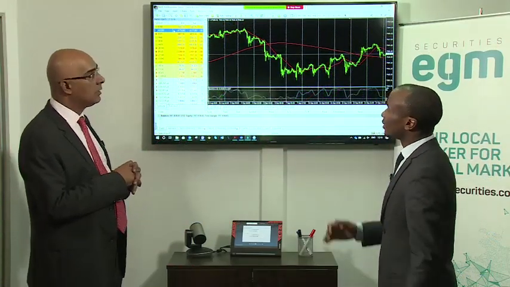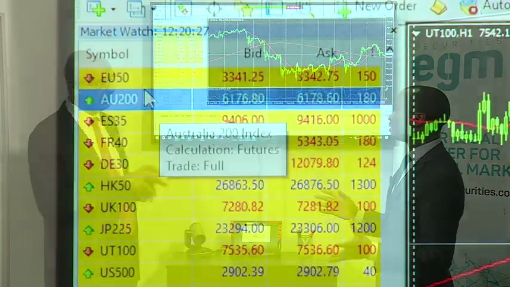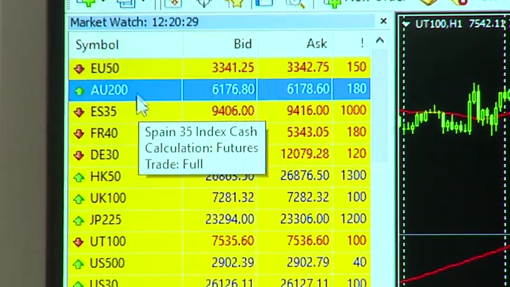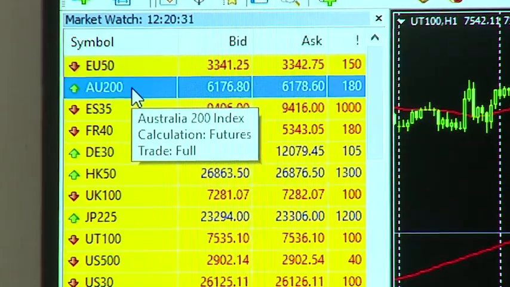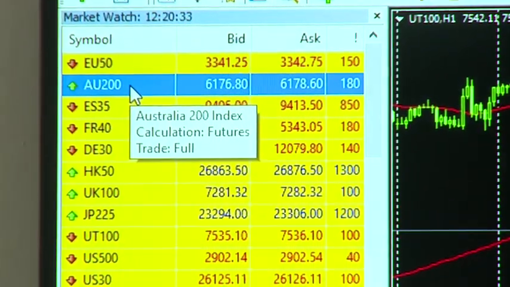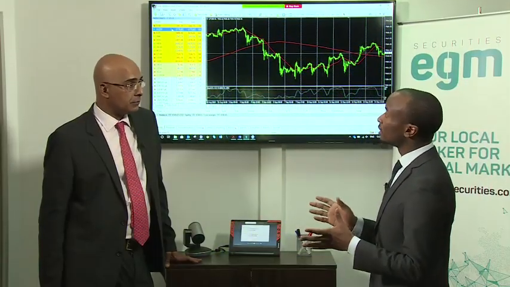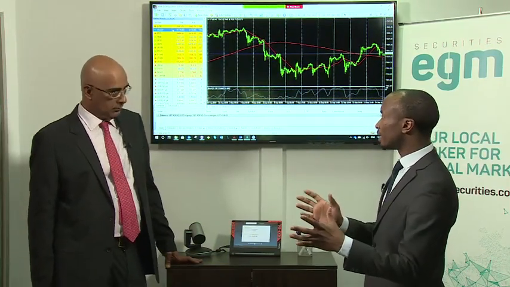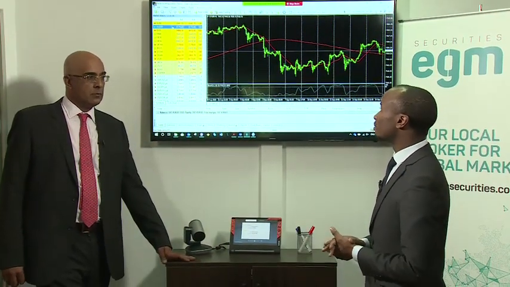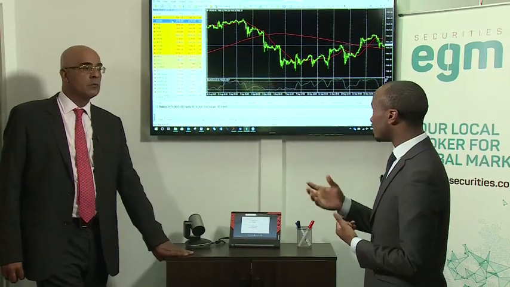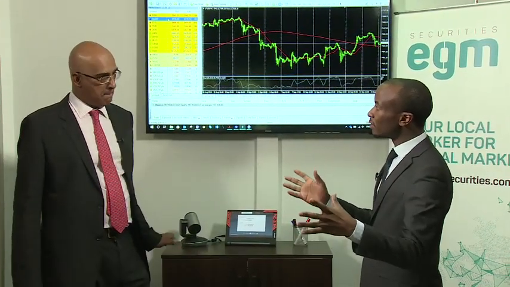So an index is kind of like a market capitalization. It's stocks that are put together, and then you create an index. For example, in Kenya, we have the NSE 25. It's 25 individual stocks put together, maybe using a formula like a weighted average, and then you come up with one value for the index, and an investor can trade the whole index instead of choosing individual stocks.